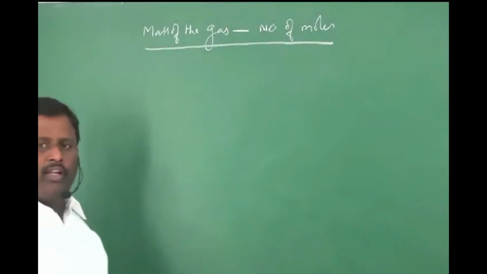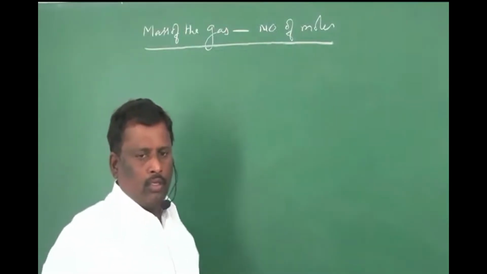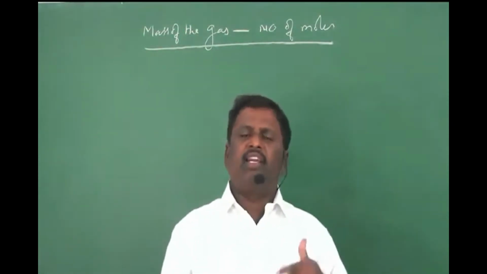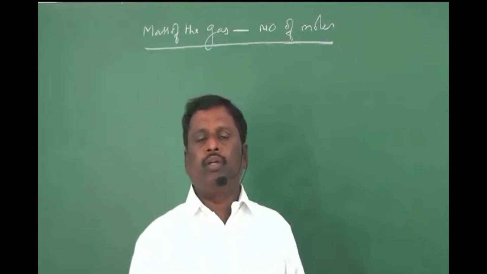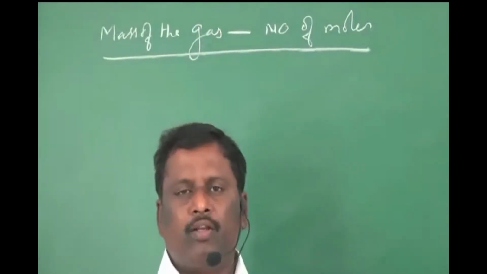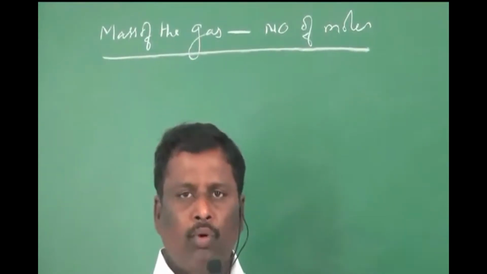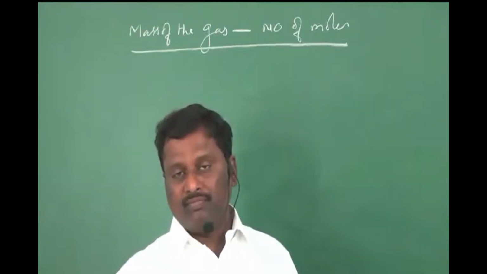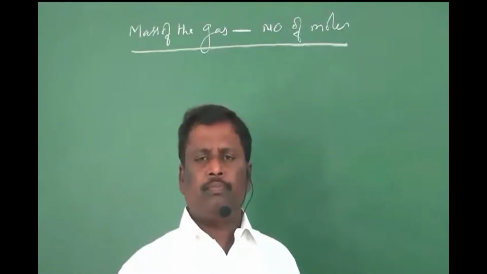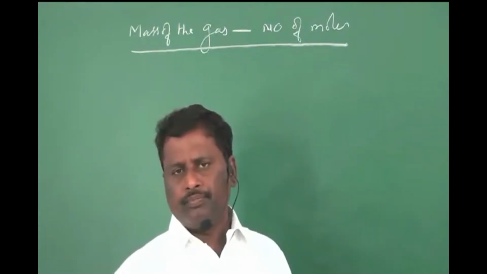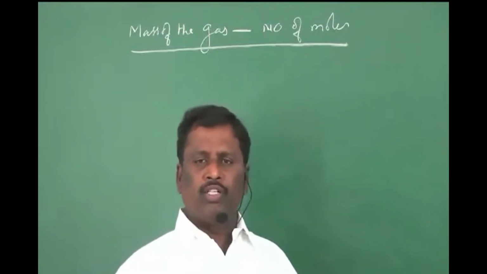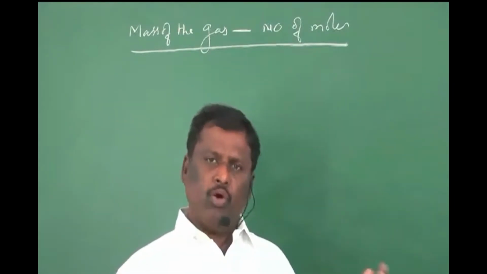So we have already discussed that if a substance is taken in grams equal to its molecular weight, that amount is said to be gram molecular weight, gram mole or mole. So every time it is not possible to take that amount only, because in different situations we have to take different weights. So if we take different weights, how to convert that amount in terms of moles?